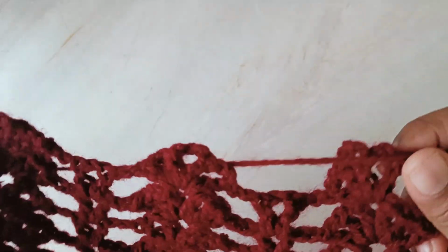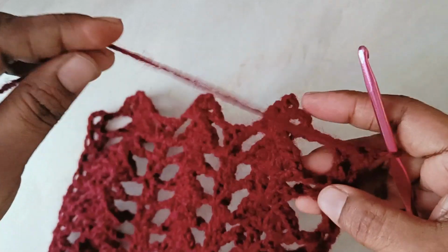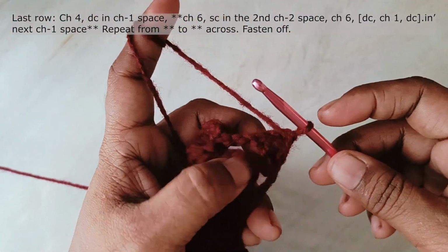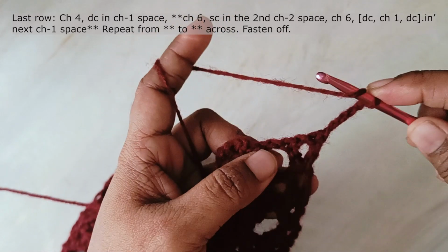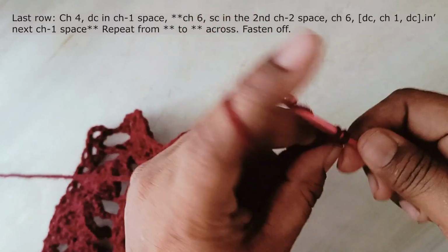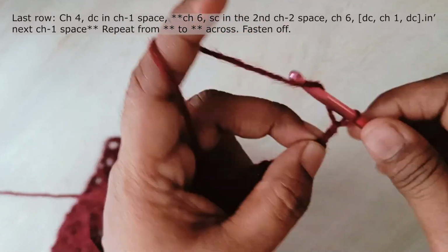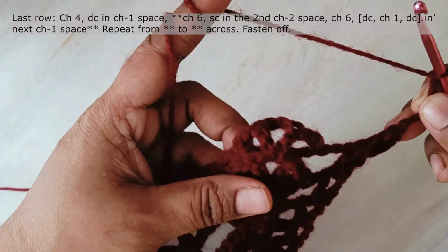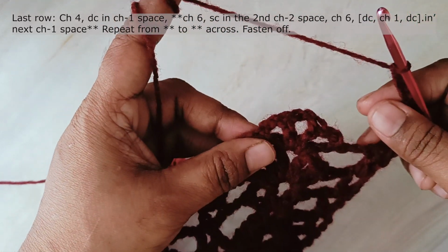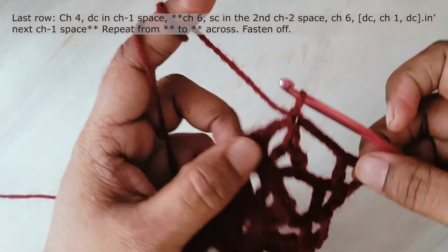I finished with the row where you have the 3 chain 2 spaces, and now make 4 chains and work a double crochet in the chain 1 space, and then make 6 chains. Make a single crochet in the second chain 2 space, then make 6 chains,